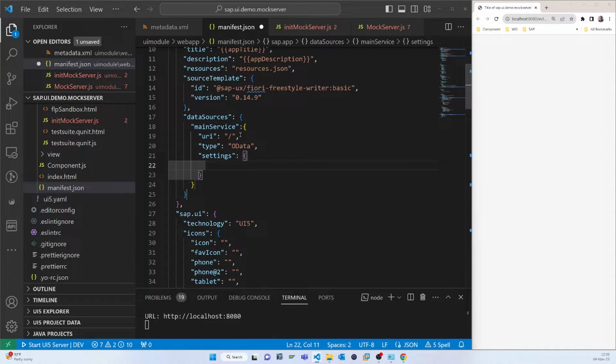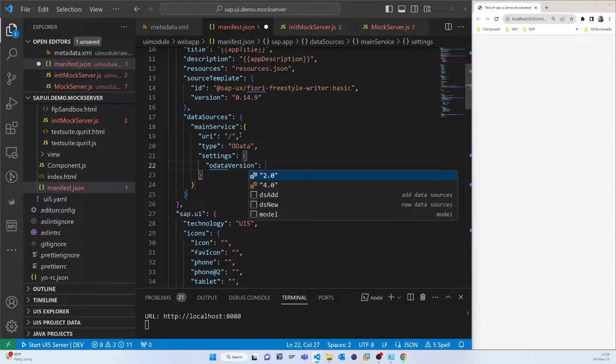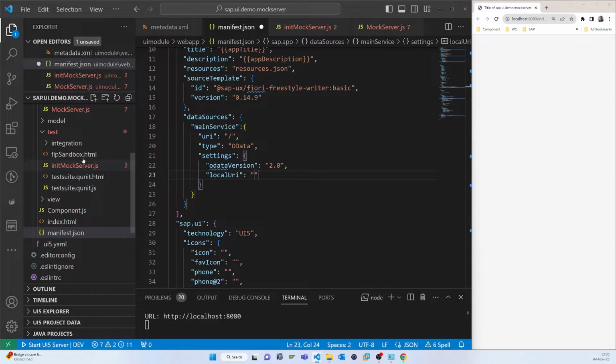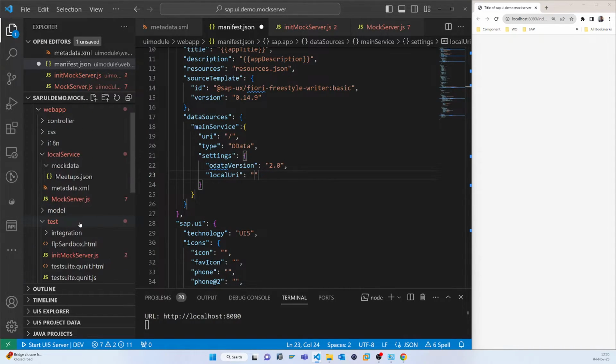In the settings we have to use the version, you know, 2 and 4, so we'll use 2, and we have to use the local URL from where the data source will connect. So local URI should be connected with that metadata. That is local service, then metadata